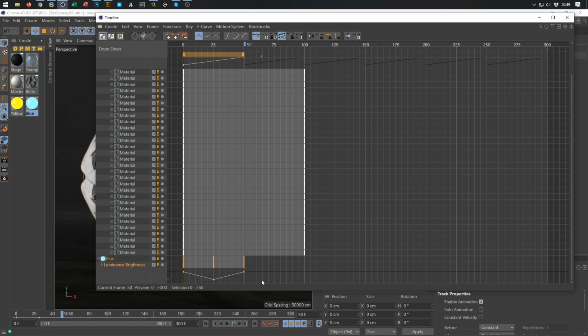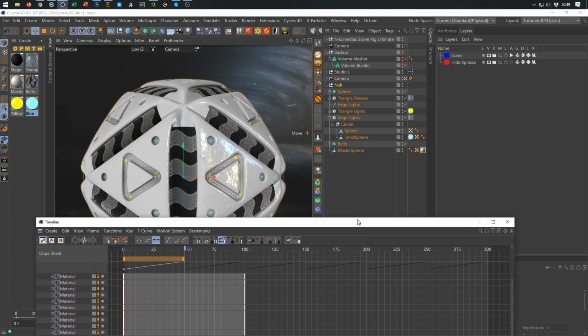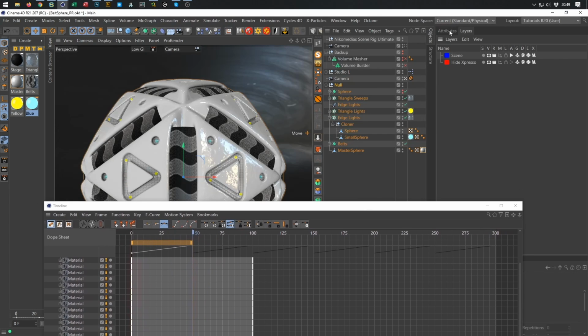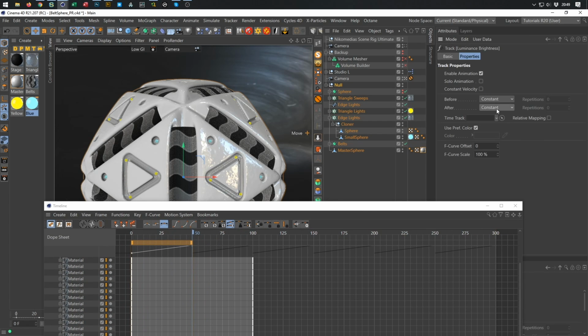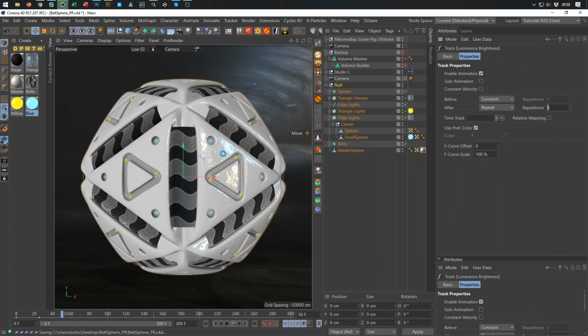Open it here, and make it row, so easy. And repeat this 5 times. Luminance brightness, wink, attributes. After it, repeat it 5 times, be so kind. And here we have our wave view. Save it. Maybe we see it here in the